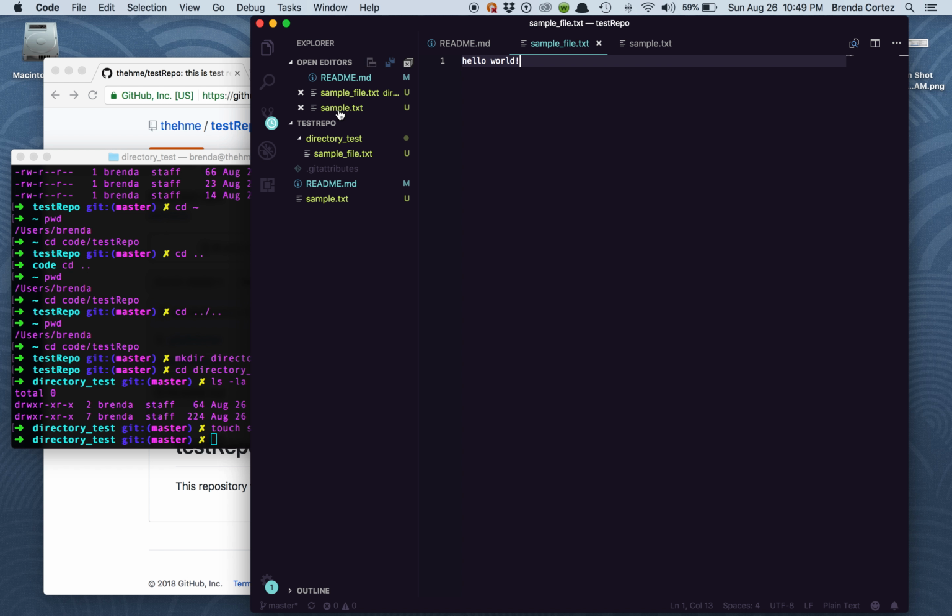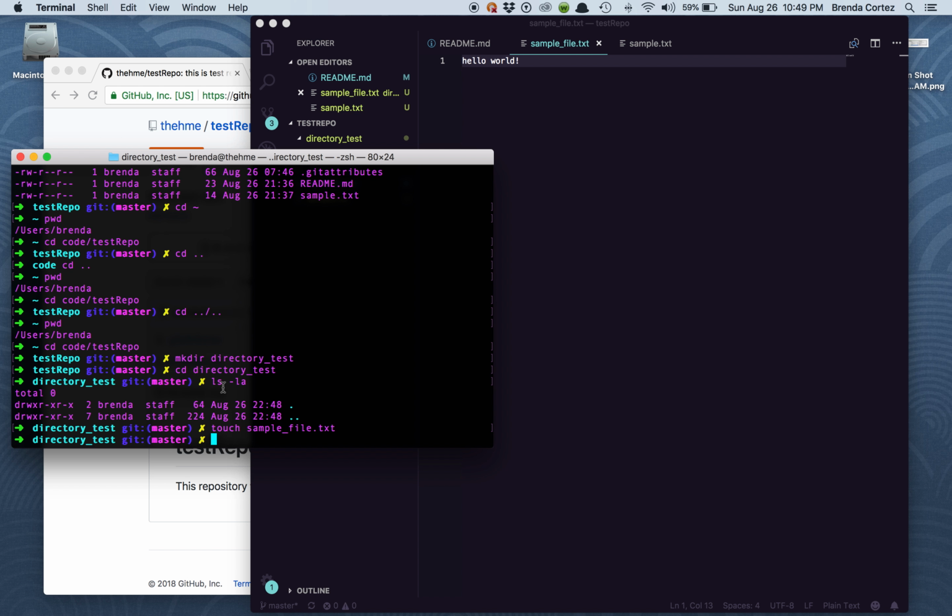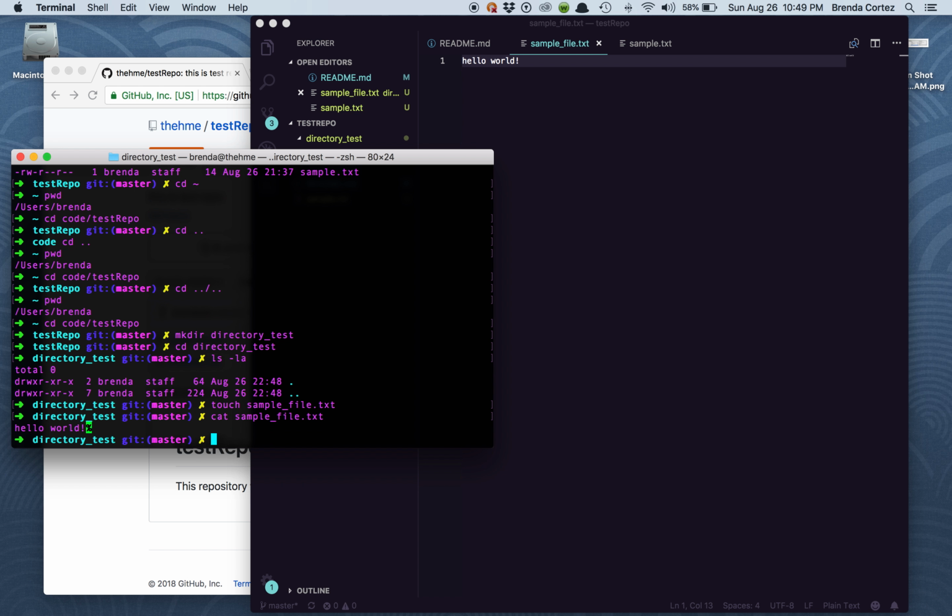Now I have this other file from before. That one doesn't have anything in it, right? So let's confirm what we see via the terminal. You can use the cat command to basically print the content of the file to the terminal. So I'm going to print the content of the sample file I just created, and it should be hello world, which it is. I can also do the same for the sample.txt file,